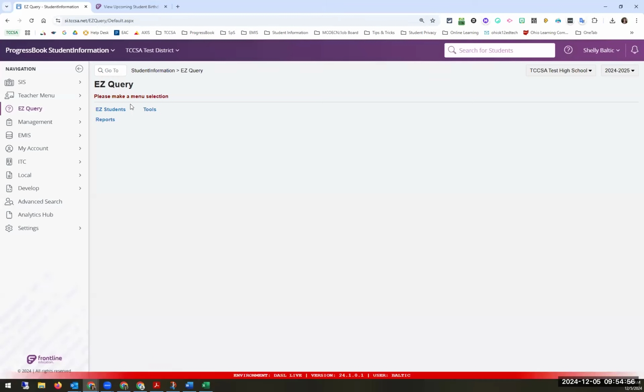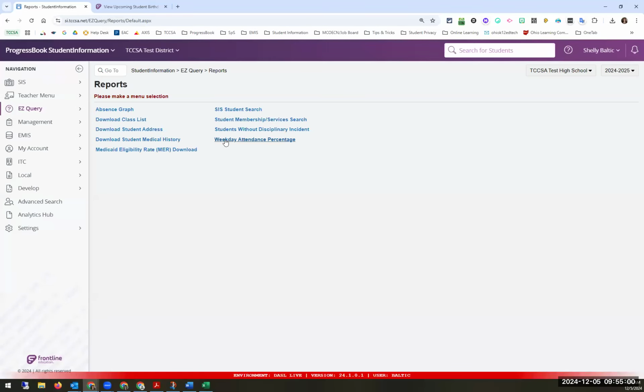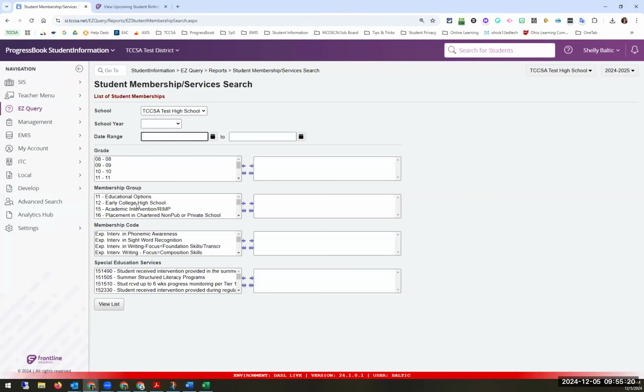Okay, reports. There's two reports that I'm going to show you. The first one that I'm going to show you is the student membership services search. Say that 5 times fast. So if I click on this, so when we did the Easy Student, it only showed that students' memberships. Now, if I do the search here, it allows me to search by student membership. So if I wanted to see who's in sports,